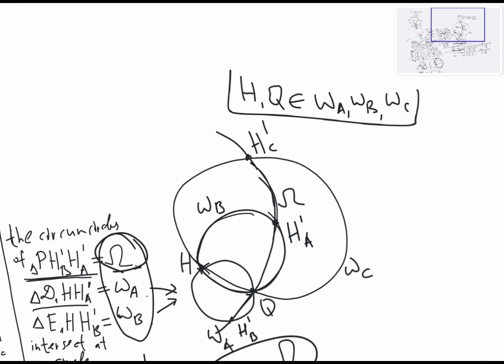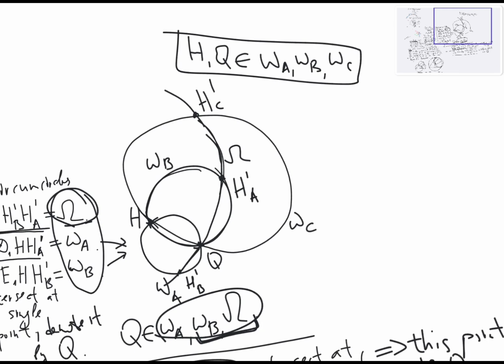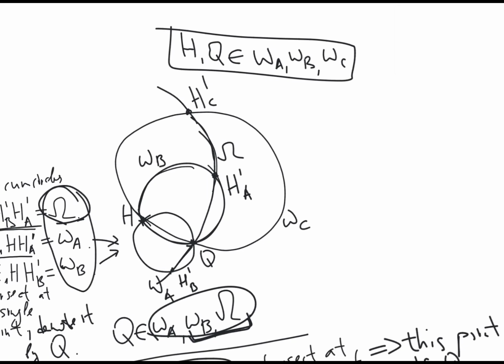So this is the main result. And the main point is that all these three circles have the same intersection points between each other. And what this means is that the